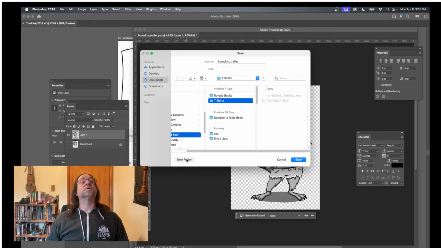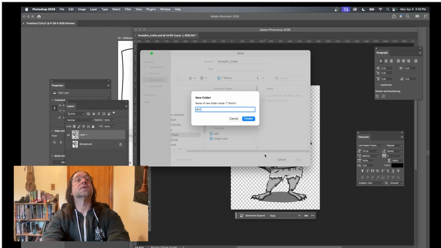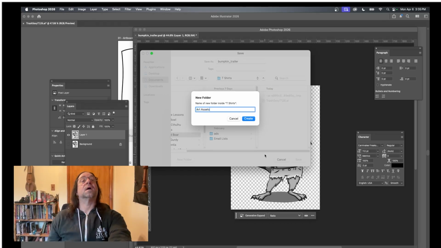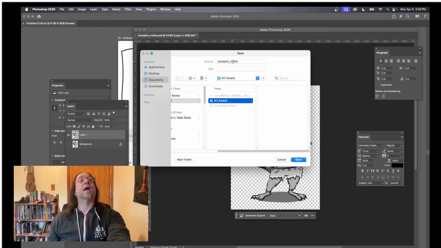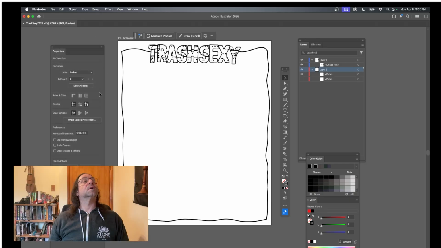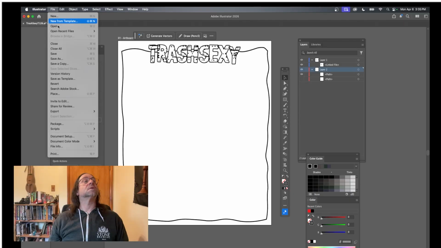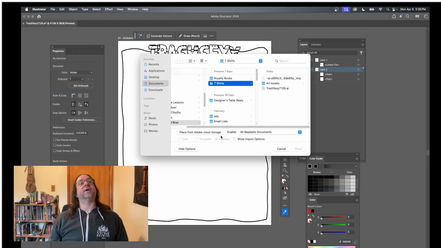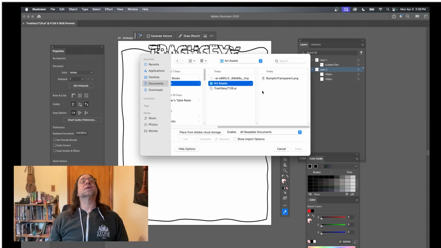And I'm going to make a new folder, art assets. Art assets, create a new folder there. And Bumpkin transparent. So then I'm going to import or place. We're going to place an image. It's called place in